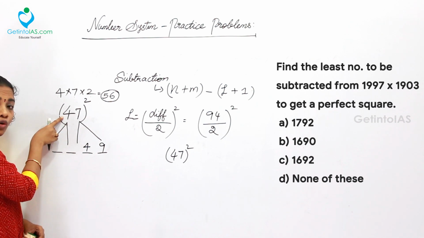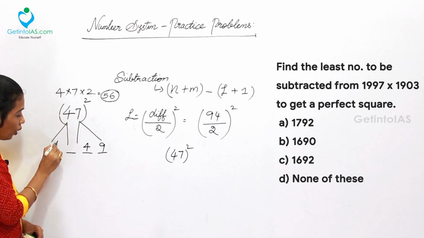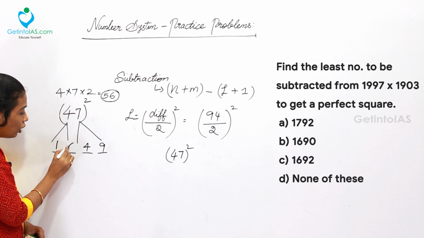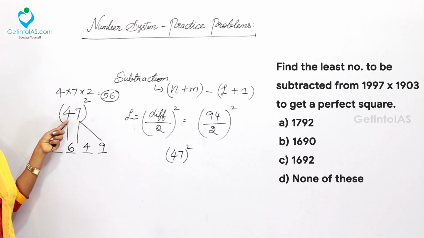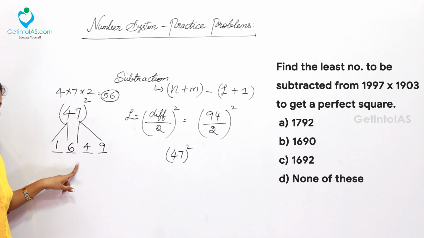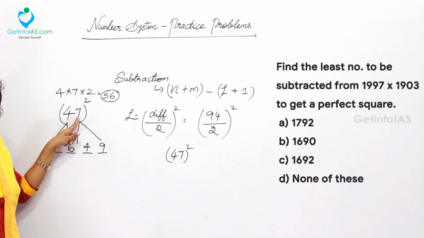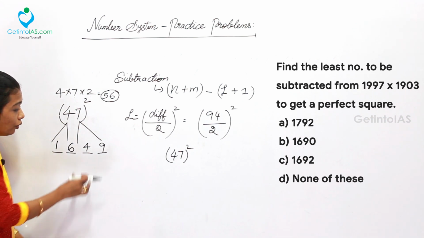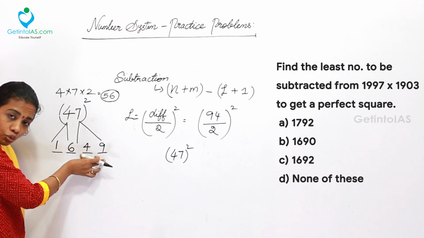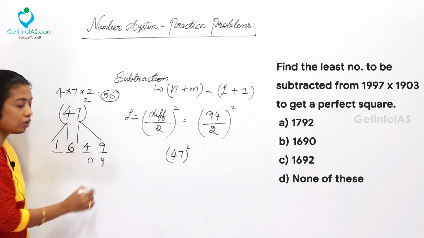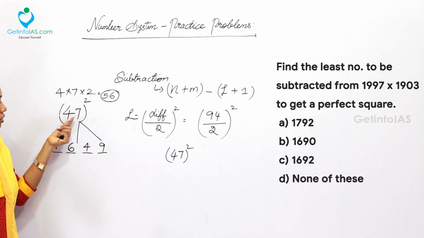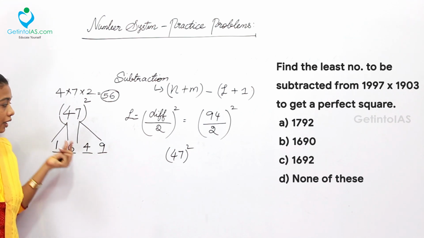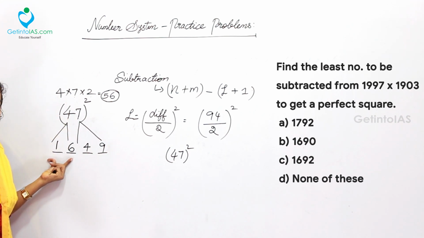And what is 4 square? 16. 1 want to be written here, 6 want to be written here. In such a way always you want to write. So what can you do? If 42 square is given means 4 square 16, it is correct. 2 if it is presented here, 2 square is 4. 4 is to be written in these 2 digits. How means? 0, 4 like that. That is a trick. Now coming to the point, 47 square, 7 square is 49 I have taken, 4 square is 16 I have taken.